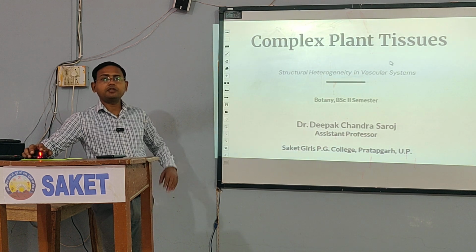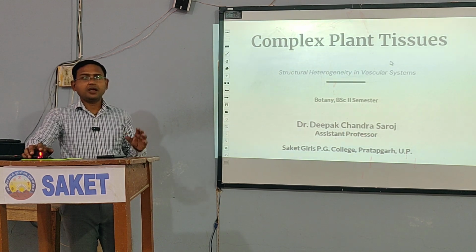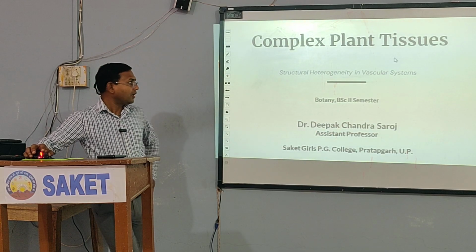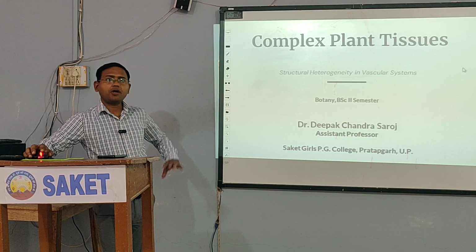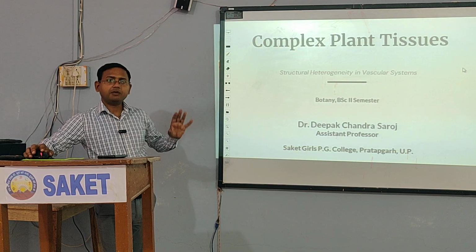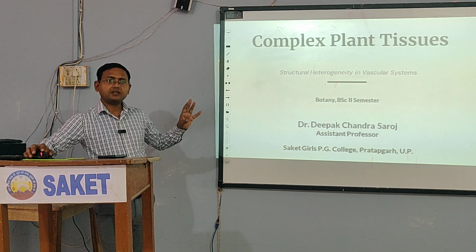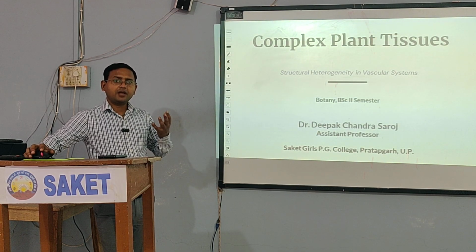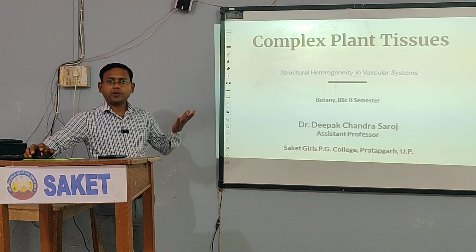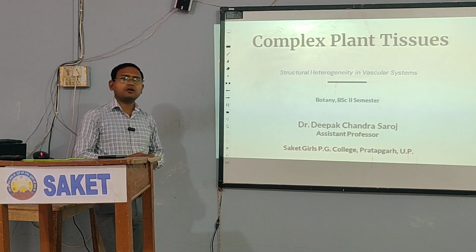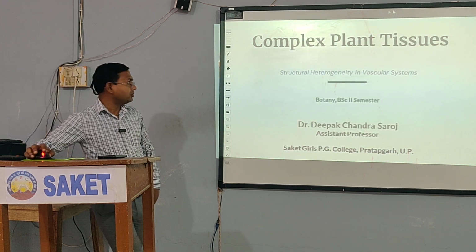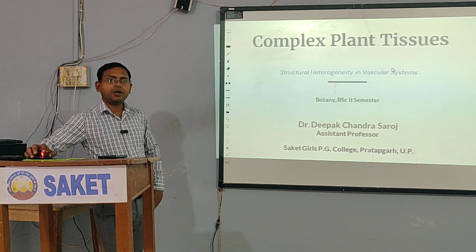What are tissues? Tissues are made up of a group of cells and they mostly perform a common type of function. These plant tissues have been broadly categorized into three types. One is meristematic tissues. These are the cells which can divide and increase either the length of the plant or the diameter, that is the girth or thickness of the plant. The second type is permanent tissues, they do not divide.